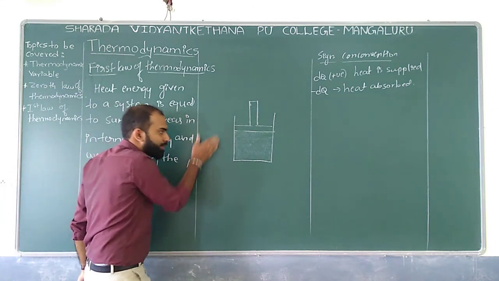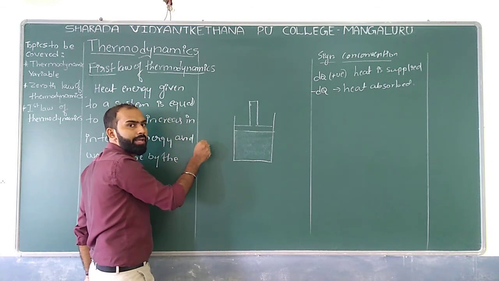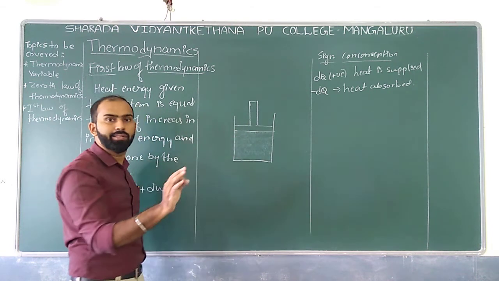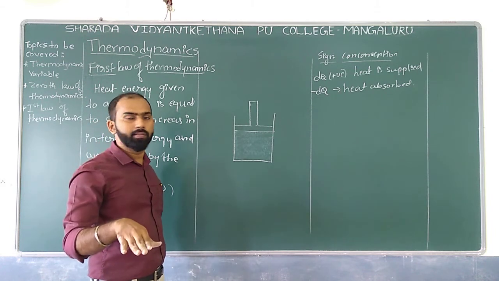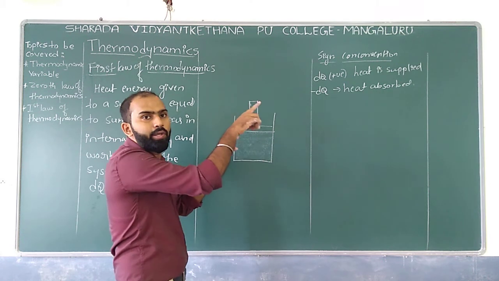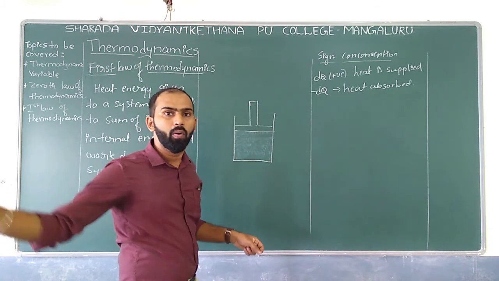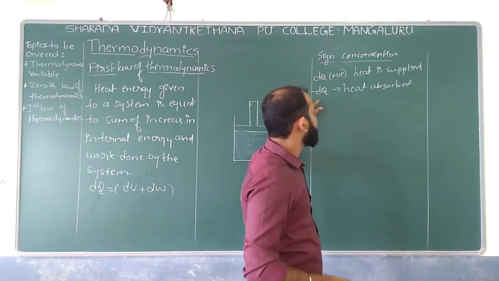If the surrounding absorbs the heat from a system, then we can say there is a decrease in heat. So if you subtract heat, what happens? There is a dQ, which means we have minus dQ over here. That's what we can have over there. So which means